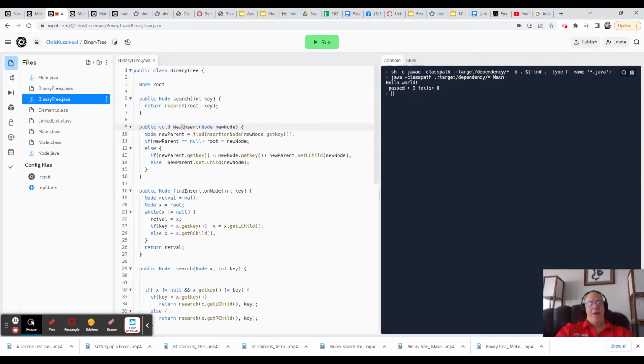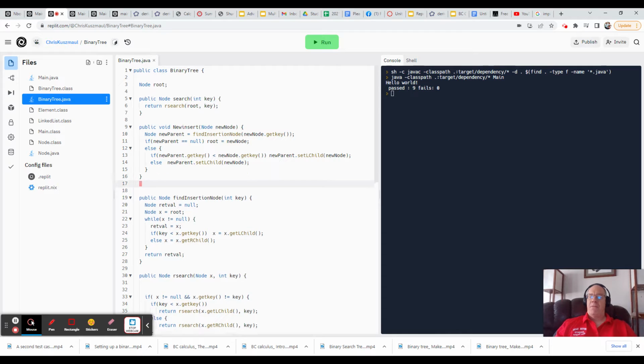Hi, Chris Kuzmal here. We're now going to be implementing insert for binary search trees. The method that does insertion is right here on line 9. It's there, but I'm going to actually retype it and then describe it as the insert method. Right now, we pass 9 tests, and we're going to create 1 or 2 problems in this sequence that